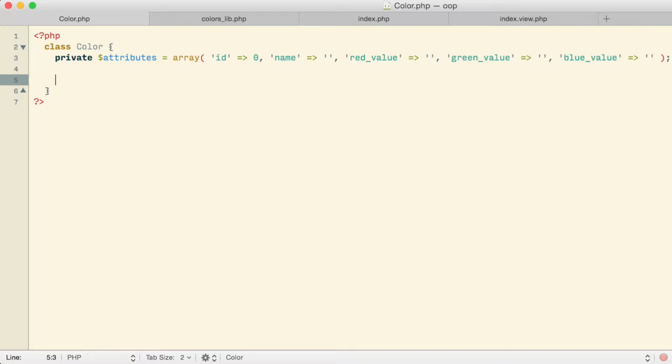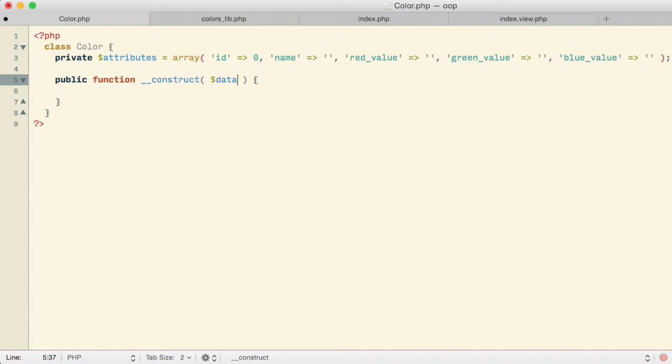Now, when I create a new color, I would probably like to have a constructor that would make it fairly easy for me to be able to make that new color. So let me create a new public function. I'm going to call it __construct, as is required of a constructor. And again, I have a bit of a choice to make in that with this constructor, I could pass it individually an ID, a name, a red value, a green value, and a blue value. But I think what I might do instead is I might just assume that it's going to be passed an